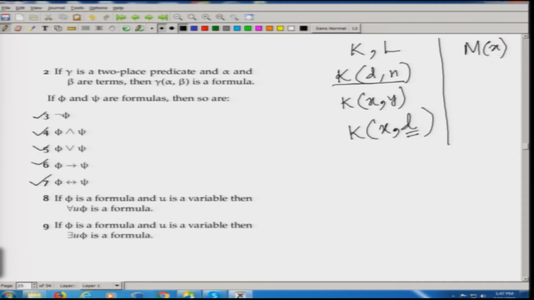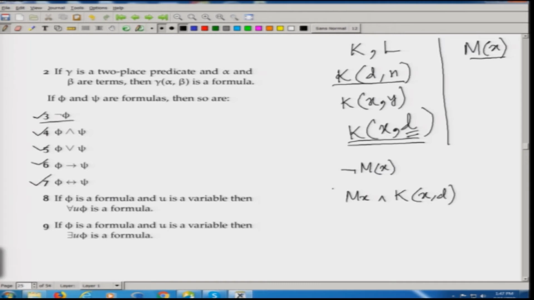So we just take this one, anything. Since both MX and KXD are formulae, you can construct by using the first rule of this set, that is rule 3. Because MX is a formula, you can have neg MX. Now I directly apply it to MX. I can also apply it indirectly, that is, after applying some other rule, I can apply this. So I can have something like MX and